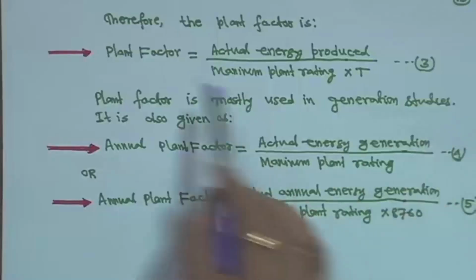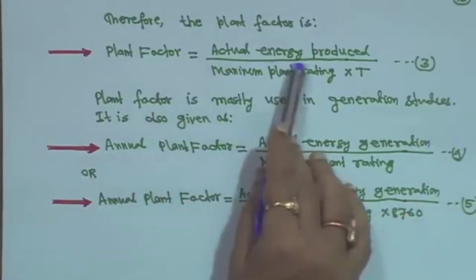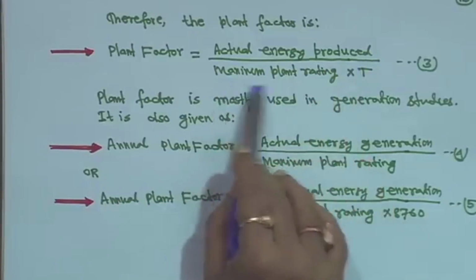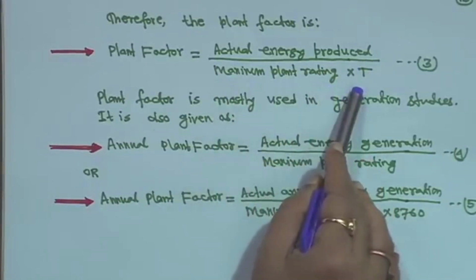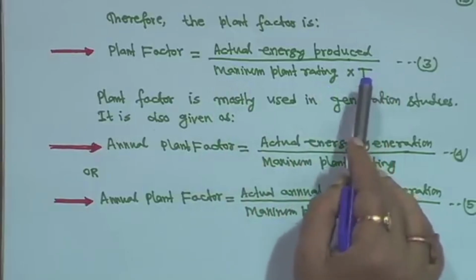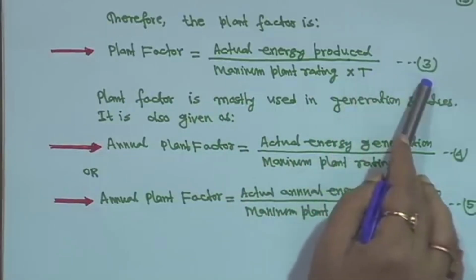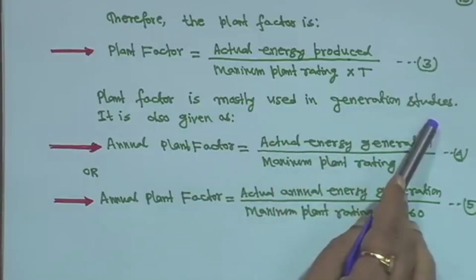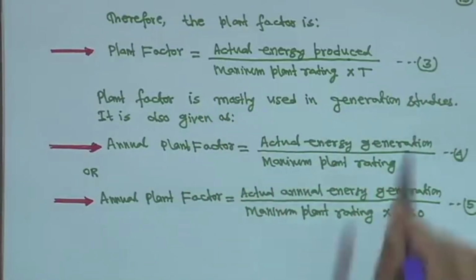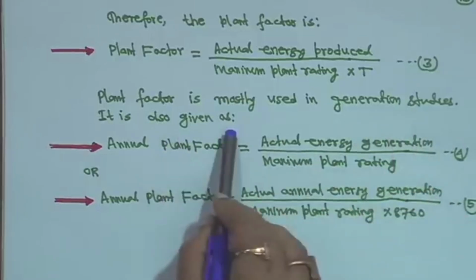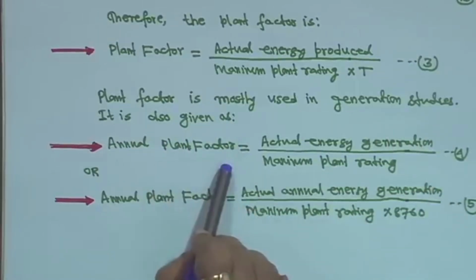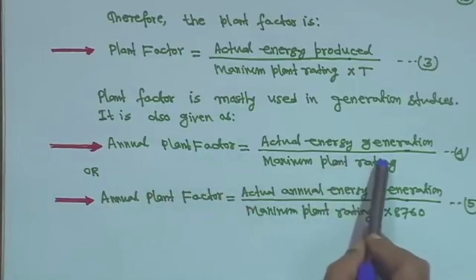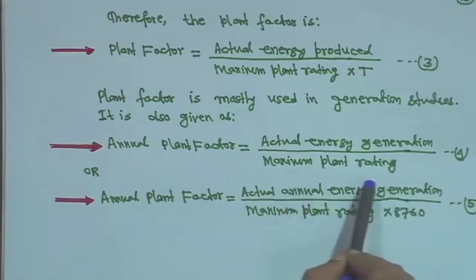Therefore, the plant factor is equal to actual energy produced divided by maximum plant rating into T. This T is that specified time T. This is equation 3. Plant factor is mostly used in generation studies. It is also given as annual plant factor is equal to actual energy generation by maximum plant